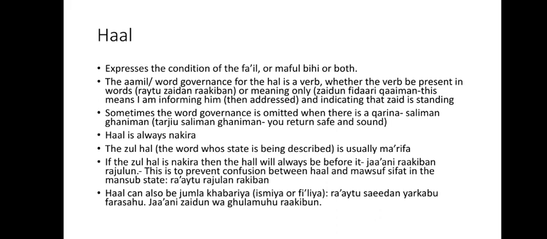You'll notice that there's a waw there. جاءني زيد وغلامه راكب. So if you see a word like that after an object or a subject of a verb, and there's a sentence that follows that waw, then that sentence is normally the hal. Obviously, those individual words will have their vowel signs determined based on their position in the sentence. But the entire sentence by itself will be described as being in the state of nasb.